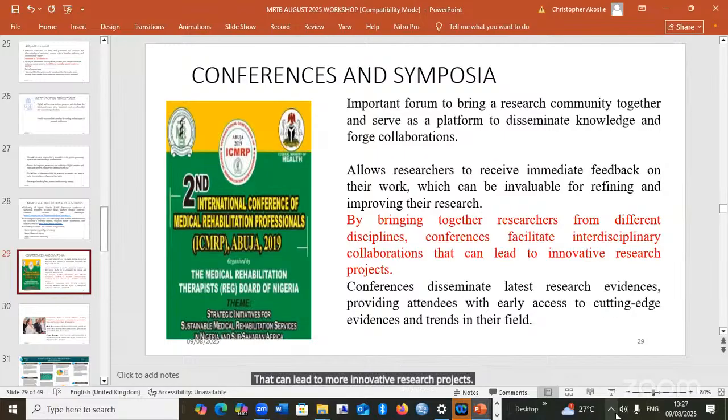And as an attendee at this conference, listening out, you get to know what people are working on, what people are doing, and you yourself get ideas about what is the latest in your area of specialization or practice.